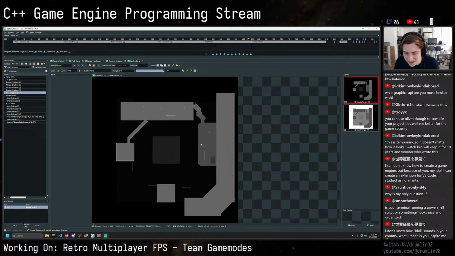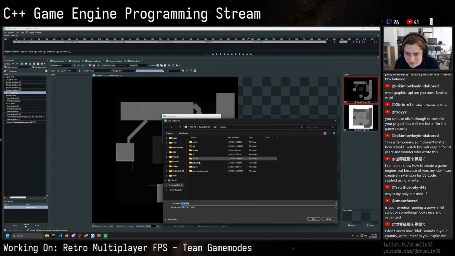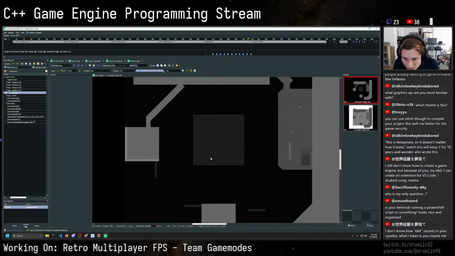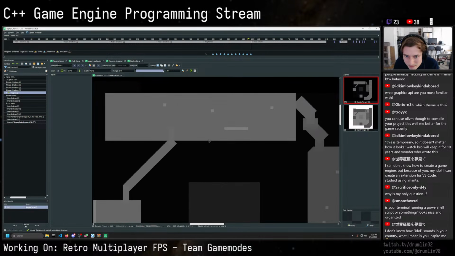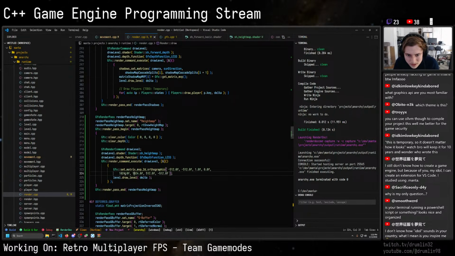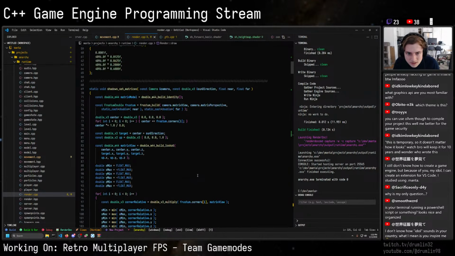Doesn't look very glamorous, but the cool thing is I can save this as a PNG. So let me just save this to the game's directory. And maybe I don't need this high resolution of it. I'm gonna half the resolution of this thing because for snow this is a little overkill. So let me just cut the resolution in half. Well, I'll keep this size and I'll just set the